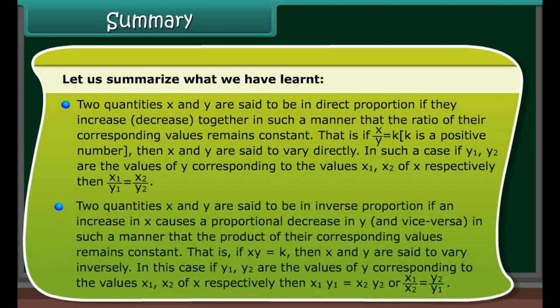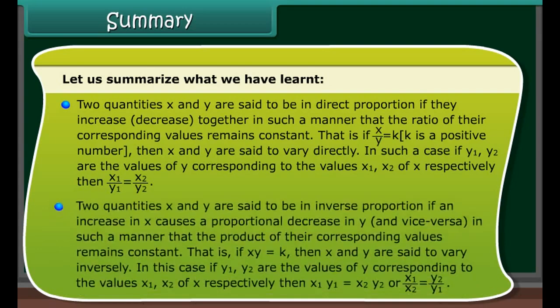Summary. Let us summarize what we have learned. Two quantities x and y are said to be in direct proportion if they increase together, or decrease together, in such a manner that the ratio of their corresponding values remains constant. That is, if x upon y is equal to k, a positive number, then x and y are said